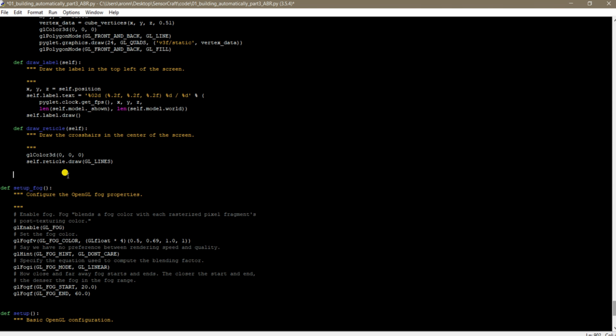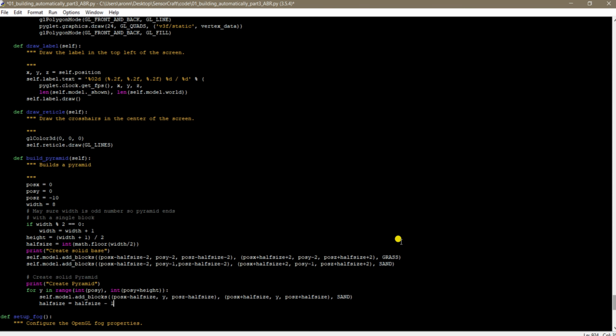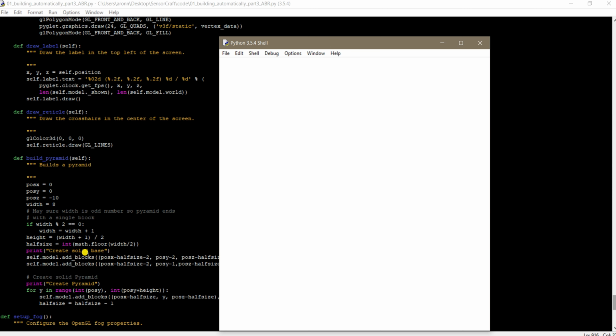I'm going to fast forward and come back when I've typed it out. Okay, so I just finished typing my build pyramid function. What this method does is it lays a square that has a width of -1 for every layer it creates. So every layer is 1 block smaller. And the add blocks method is employed right here to make the build pyramid method simpler. Because instead of having to type the add blocks function every single time, we can just call it with certain parameters. So now if we go ahead and save and then run our program,